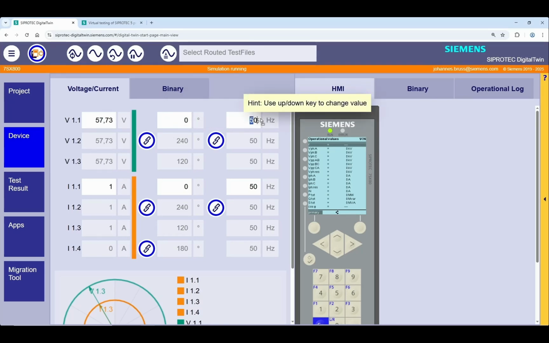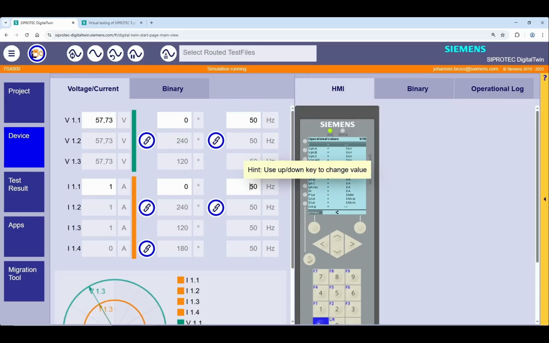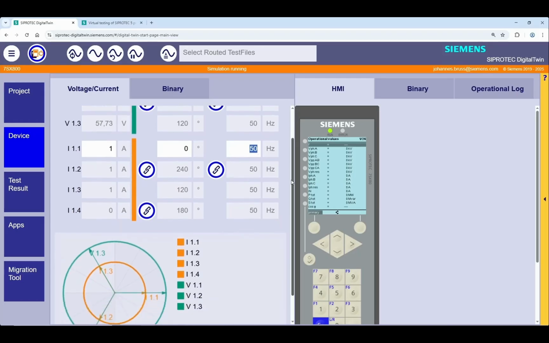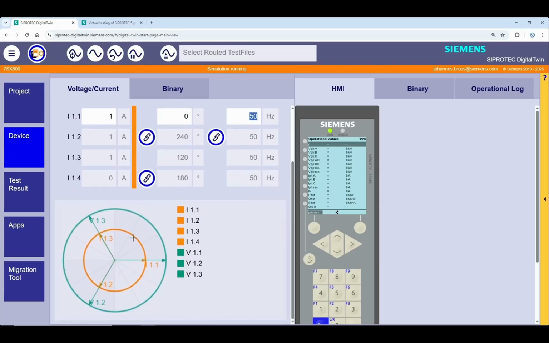Frequency, in this case, is not selectable individually per channel, but you can select it per group of channels. So for example, for this group of voltage inputs, you can select one specific frequency, and for this group of current inputs, you can select, for example, another frequency. It's really easy to use this option. And what is nice here, you can check the values that you select